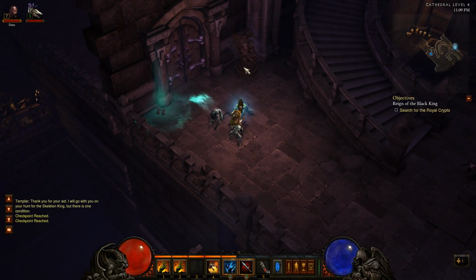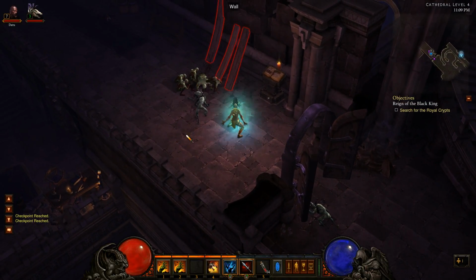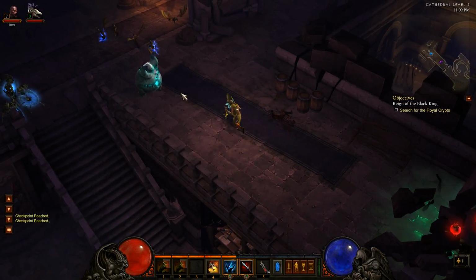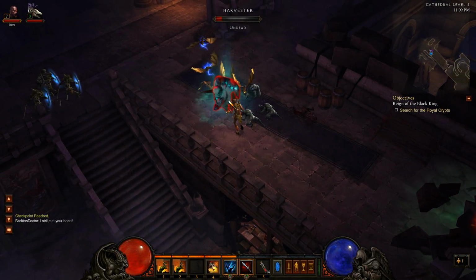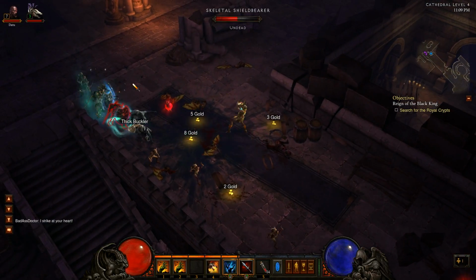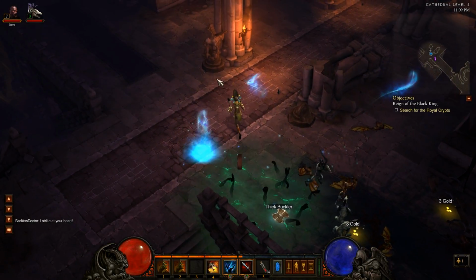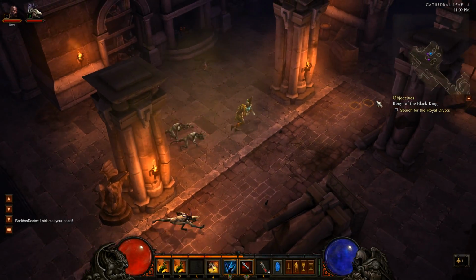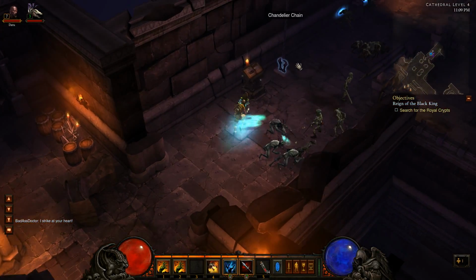So this is what I'm talking about. You gotta be very precise for it to destroy non-targetable debris. There you go, and have him kill all those nice bats there. There you go. And we're gonna go check this just in case. It's right next to the entrance, which it usually is not, but